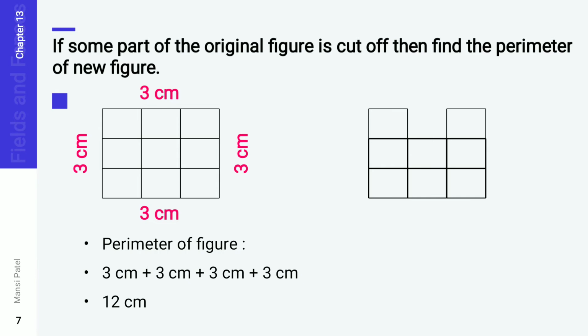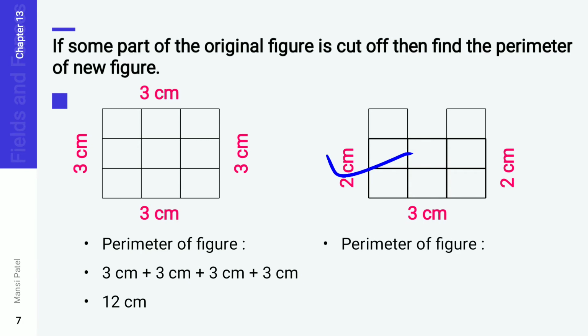So see here, whenever they give you this type of sum, first of all you have to find out the perimeter of the whole shape. You can see here there are two parts of this figure. You can see this part which is darker, other than this part. So what do you want to do? First of all you want to find out the perimeter of this shape. The measurement of this shape is 2 centimeter, 3 centimeter and 2 centimeter.